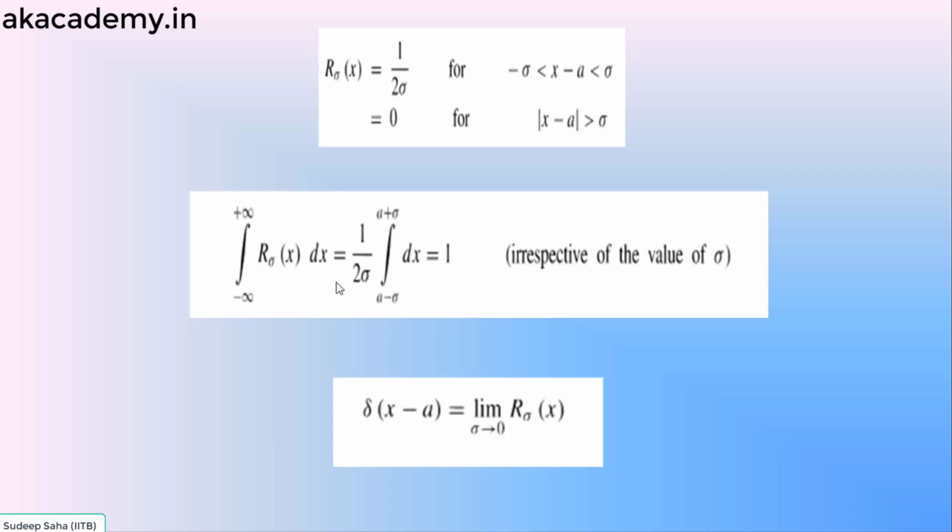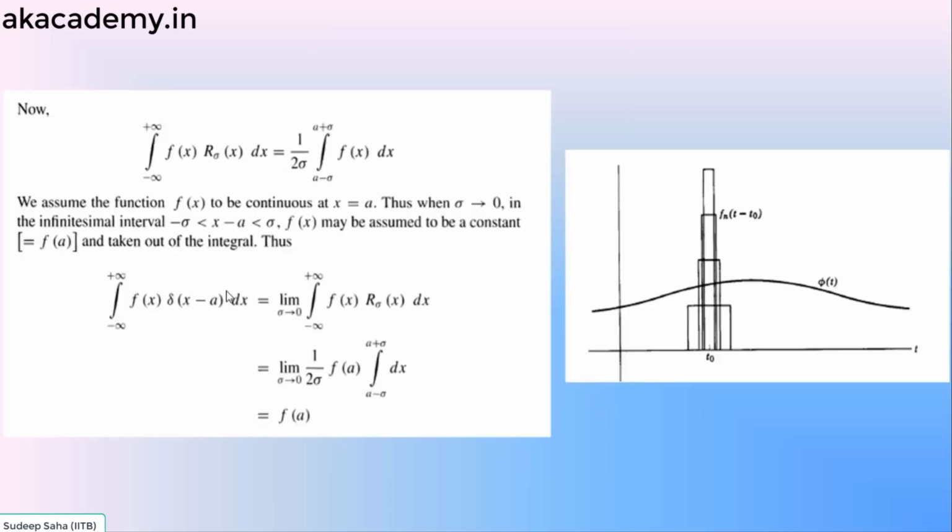Okay, so within this limit, this is a constant, so it is just out of this integral, and if we do this we'll get 1. So we can say that delta x, when sigma tends to 0, this rectangle function behaves as a delta function. Now let's find out if it satisfies the other property,